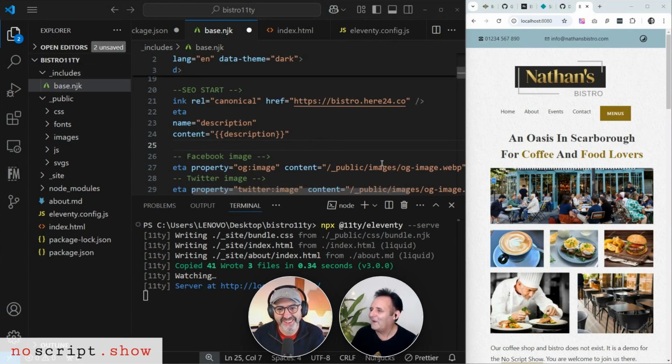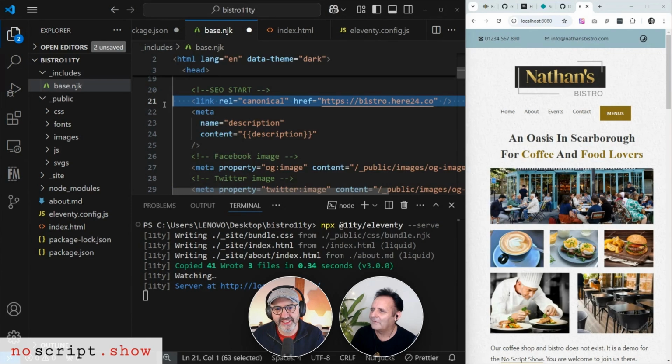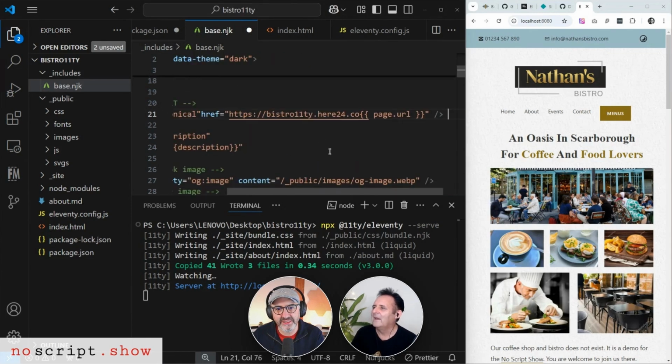Well, you're pretty close. Oh, okay. It is. Let's just take the whole thing out and pop that in. So I'm putting, I know the site. Oh, okay. So it's the bit at the end that only appends the path at the end. Got it. Exactly. So page URL is one of the standard things that will come in. So it will recognize which page it's on and it will change all of that. And it will put a slash in there as well, I'm guessing. So it's here24.co/